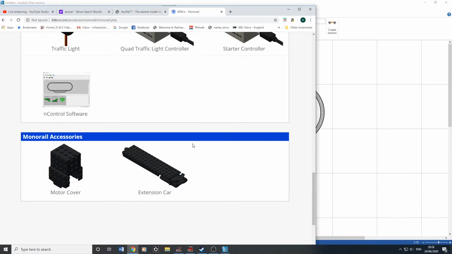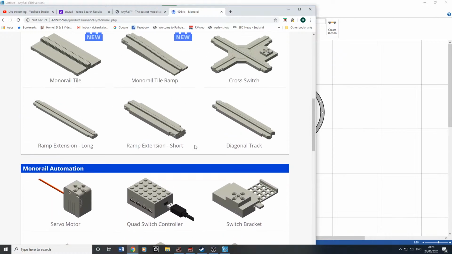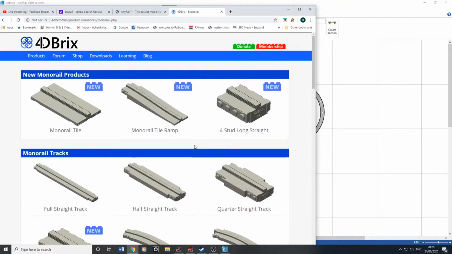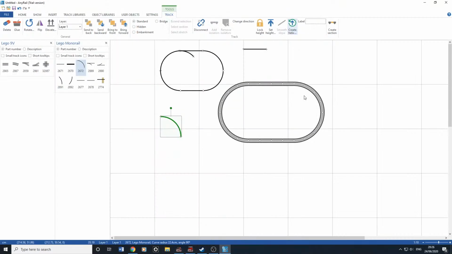So yeah, I would love Lego to bring back the monorail system, but that will never happen. Okay, so